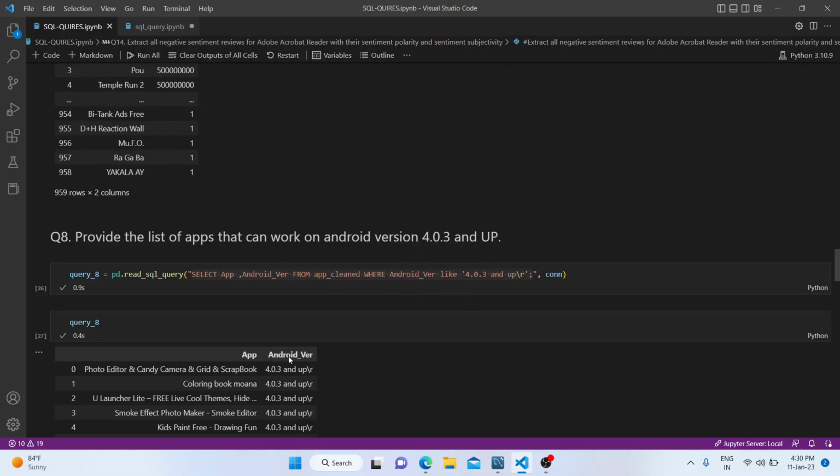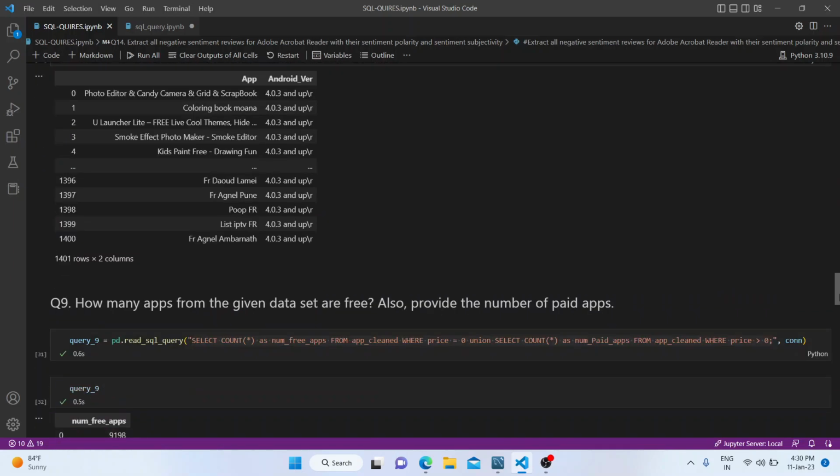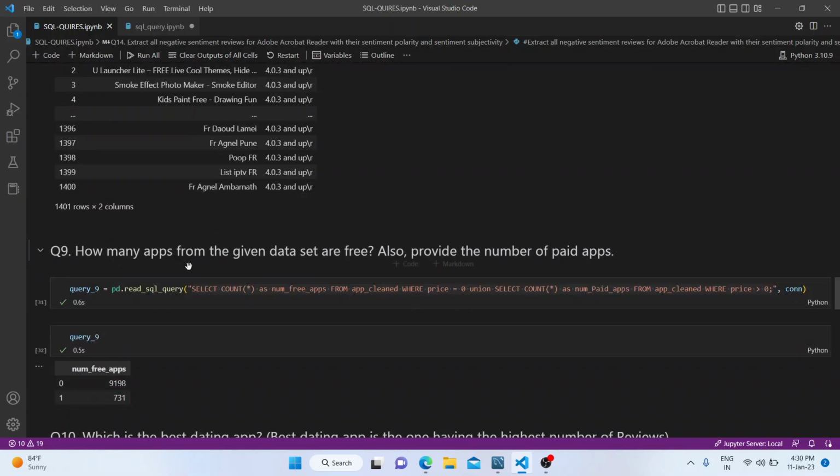So in this we have these apps with this version. How many apps from the given data set are free? Also provide the number of paid apps. So 9,198 apps are free and 731 apps are paid.